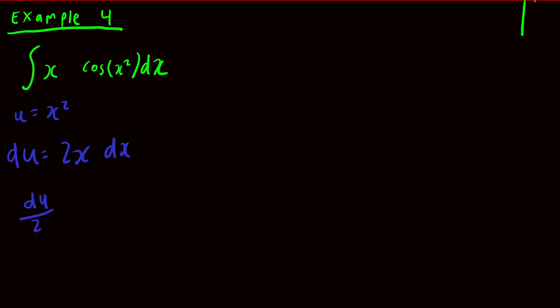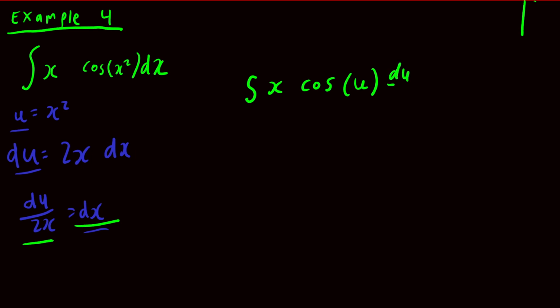So du over 2x equals dx. So I'm solving for dx. Now I have u, du, dx. Now let's solve our integral. So x cosine of u, and then dx. I'm going to substitute du over 2x for that. Now this is where a lot of people make a mistake, okay? So this x goes away, right? This x cancels. So now I have cosine u